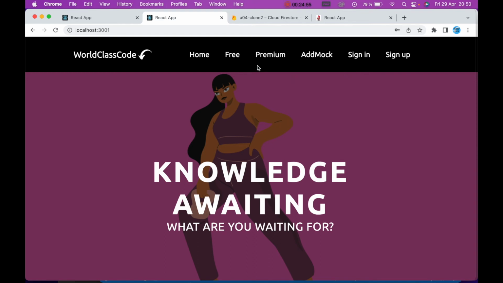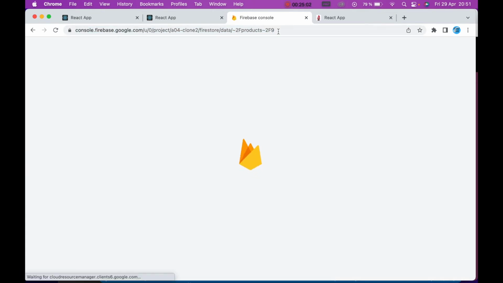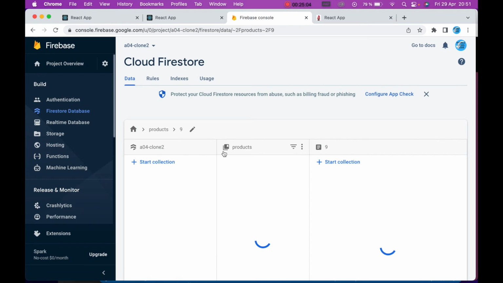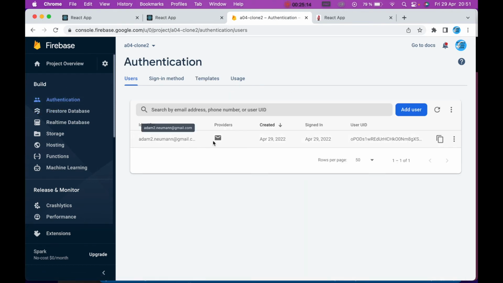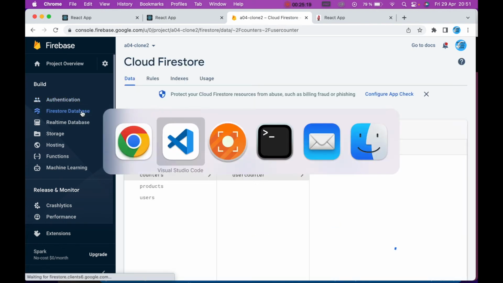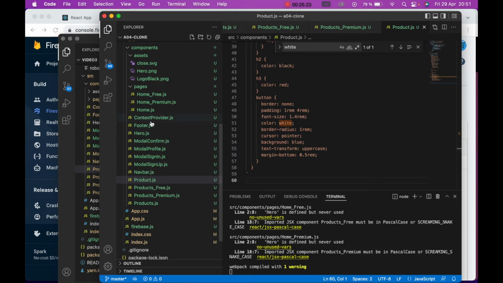So this is basically a very primitive testing. I'm just testing out the user interface, that things work. I'm checking the database to see if it looks all right. I think I was missing the users folder, so I did a refresh. Now I see that yes, I have the first user, and yes, it's okay. And I do have Firebase auth, and there's the first user. I'm pretty happy now, so we're pretty much good to go,